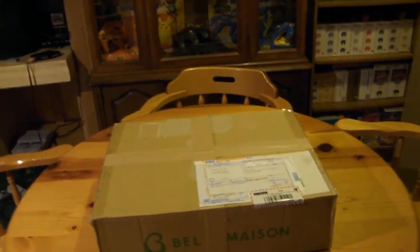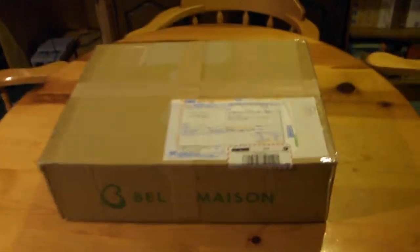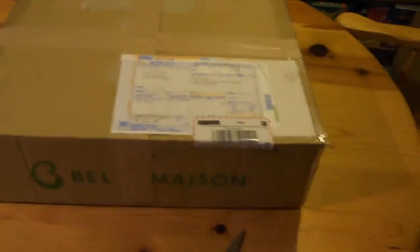J-U-S-C-O, sometimes spelled J-U-S-T-C-O, I think by mistake. So this console is Japanese only. This is in fact the rarest Nintendo 64 console. I said the Daiei Hawks one is, I was incorrect, I was mistaken. This one is rarer. The box is sealed, so I'm just going to open it up and do an unboxing video for you guys. Let me actually just set the camera down as to give a little bit of history